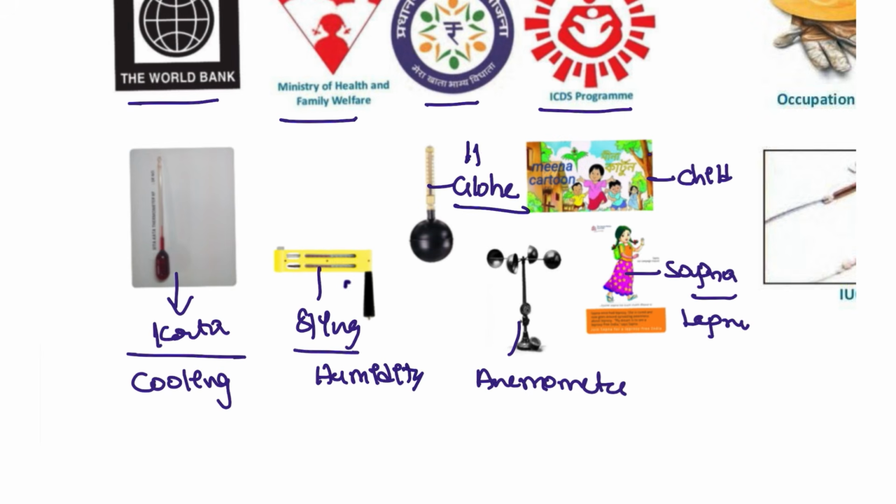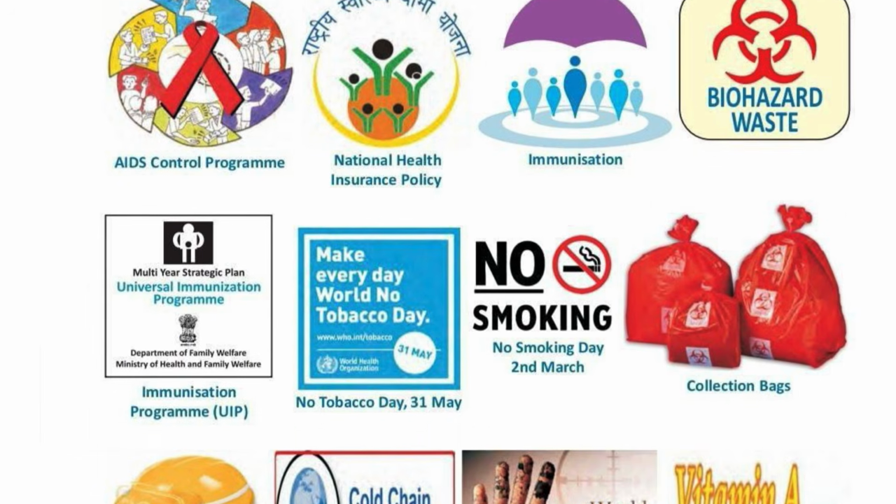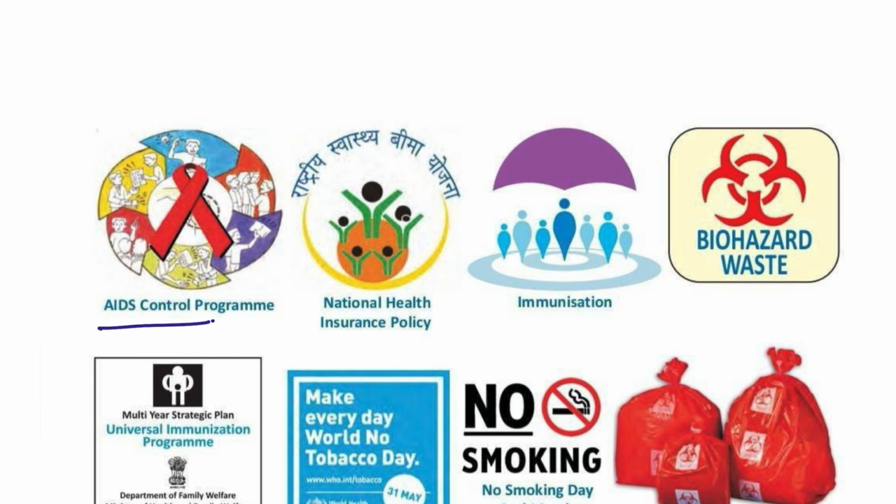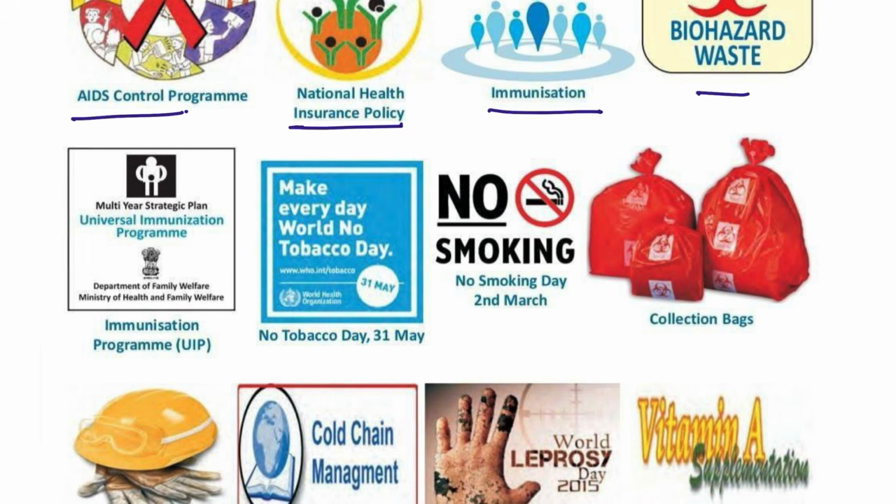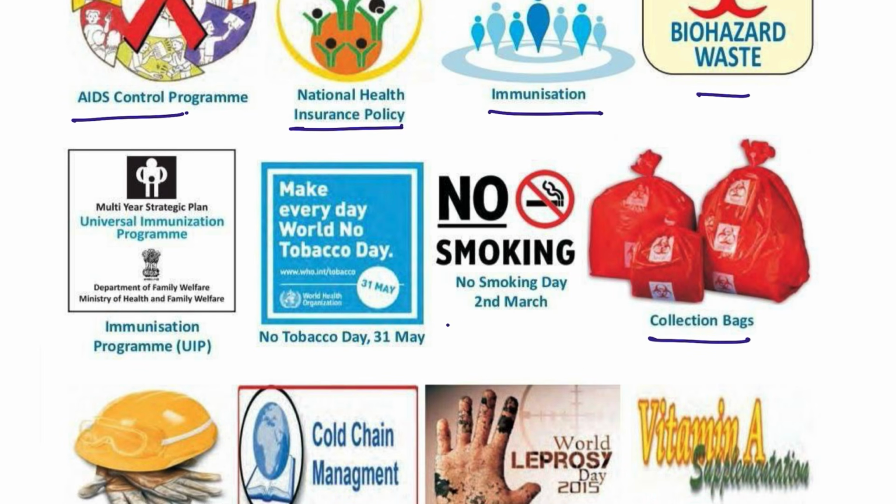Globe thermometer is for the heat, and anemometer is for the velocity of the air. Next, another picture: AIDS control program, National Health Insurance Policy, immunization, biohazard waste symbol, collection bags, no smoking is on